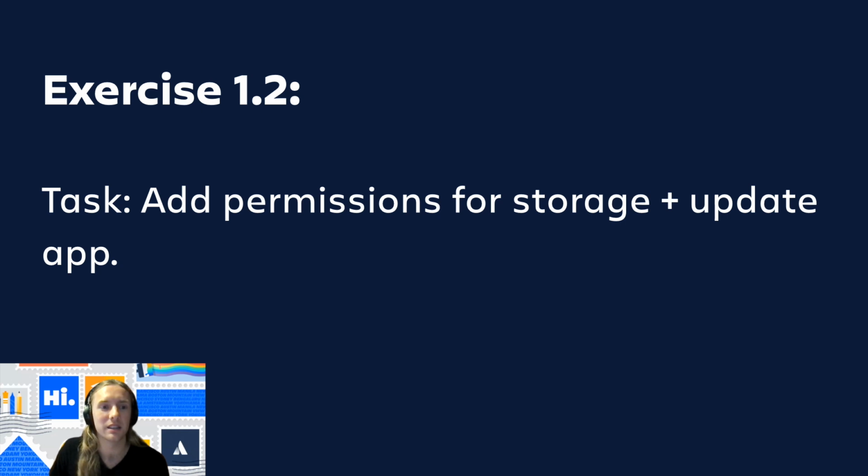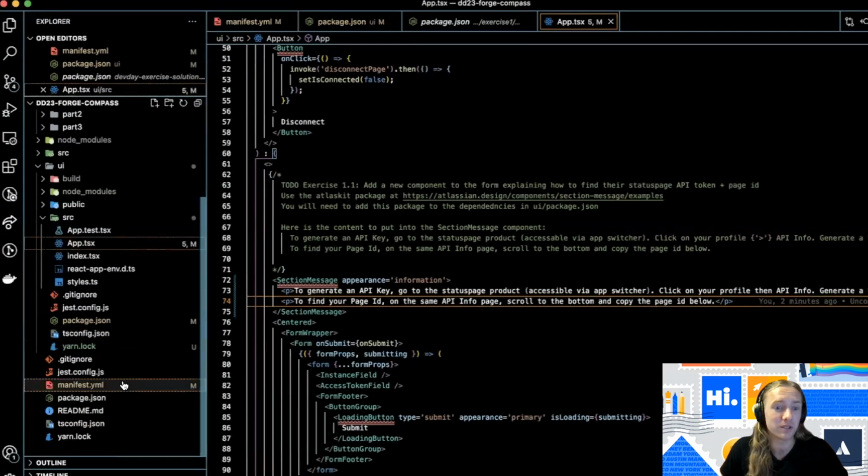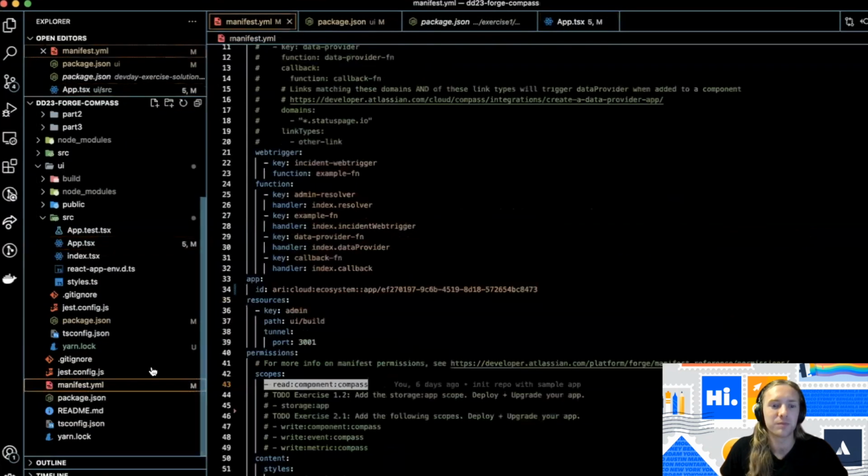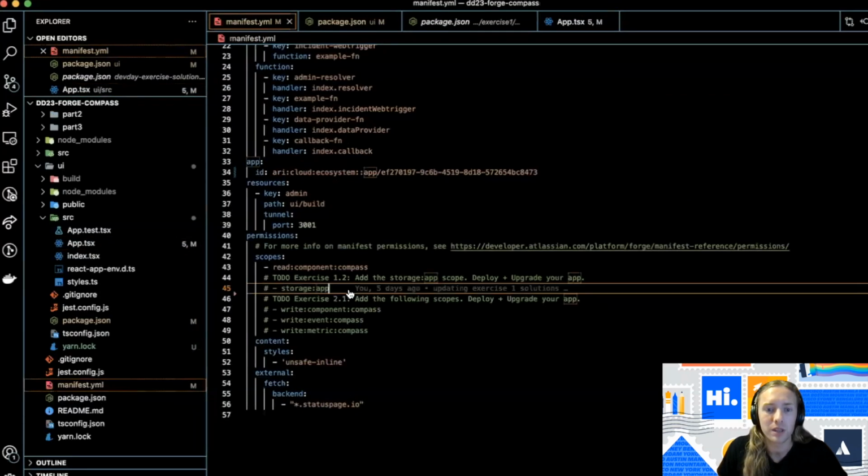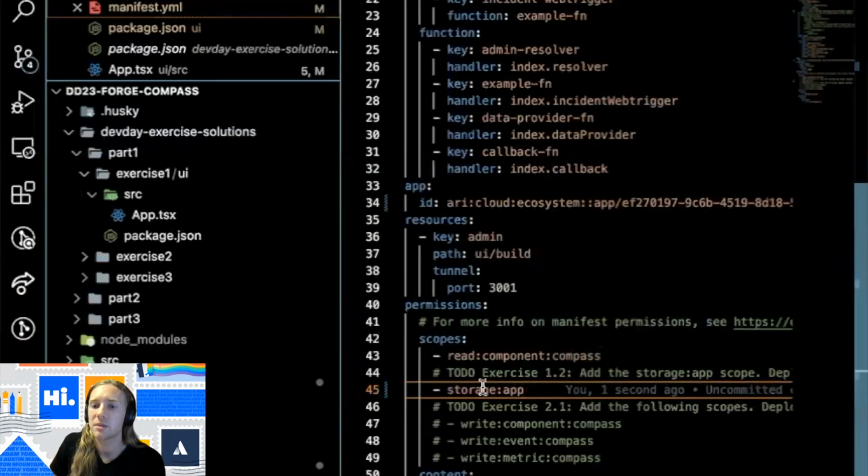All right, now let's go on to the next exercise, but we're going to want to add permissions for the storage and update the app. One of the issues earlier that we saw in the workshop that you might have seen in your terminal is that Forge is pretty good about enforcing permissions and telling you if you're violating them ahead of time. So one thing we need to add here is go to the manifest file. So by uncommenting this